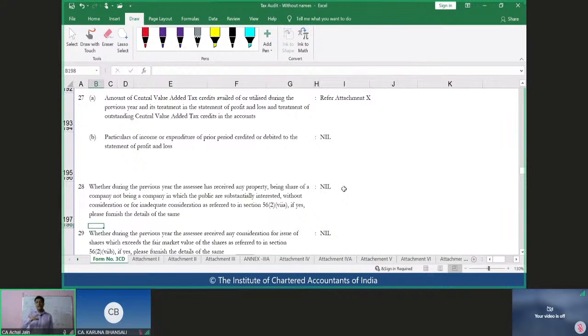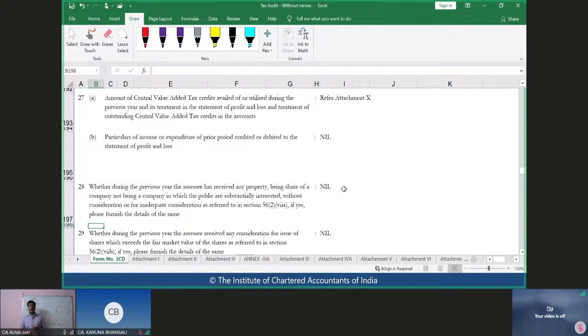Only through those records he will get to know about these things. And over and above, he will also have the management discussions, inquiries, and the representations from the management. In fact, representation is something which the auditor will take in respect of all the matters, similar to what the auditor will do in case of financial statements, similar to what the auditor will do in case of statutory audit. The auditor will take the management representation letter, wherein the management will represent how all of these clauses have been filled in Form number 3CD.